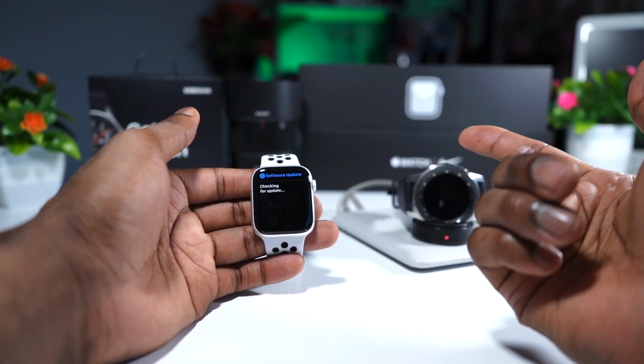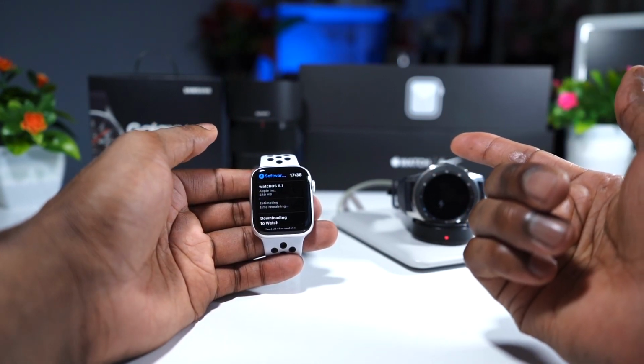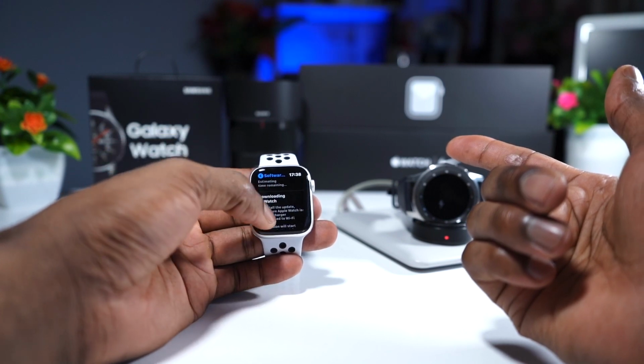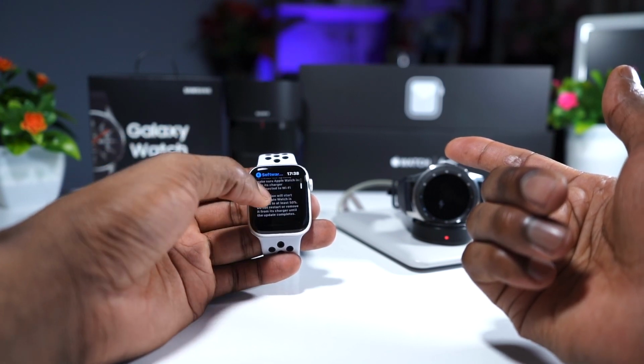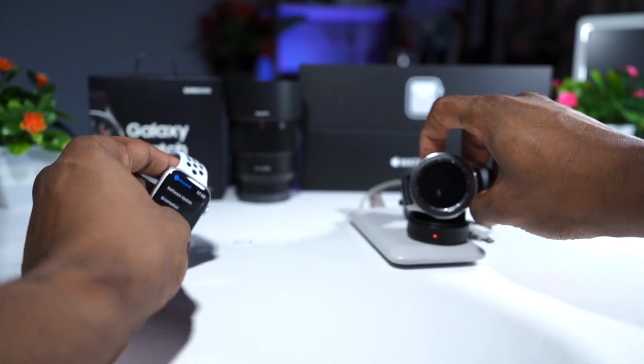And there's a lot of software right now. I don't think there's any software update right now. Yes, there is a software update right now. I'm going to download it and install it. And as you can see, for the Galaxy Watch, on the other hand,